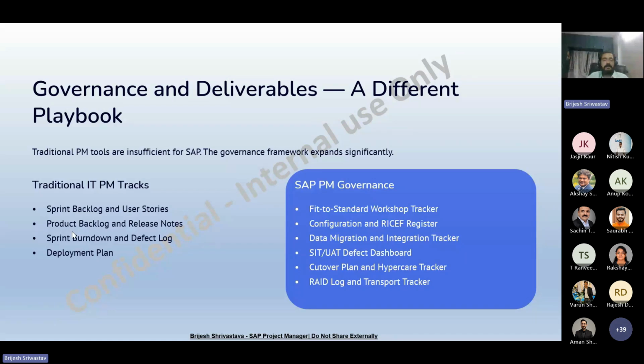Suppose I'm giving you an assignment in SD. Okay, not SD, SD is a huge thing. OTC. I'm just giving you an assignment, and there is an enhancement for it. I'm not talking about the whole implementation process. A few things need to be configured. So what will you do first? Are you going to learn the OTC module? Are you going to become an OTC consultant? I have no clue what you're talking about.